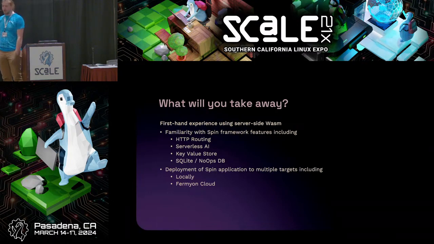Awesome. So I want to start by talking about what you guys are going to be walking away with today. And really the meat of it is some hands-on experience with WebAssembly. So we're going to be getting our hands dirty there and actually playing around with WebAssembly on the server side. And specifically, we'll be using the open source tool Spin, which you'll learn more about in a second. And we'll be learning things about how to route requests into your Spin application, all the features you can use in a Spin app like KV stores or generative AI models, those large language models. And then we're also going to be running these locally and deploying to Fermyon Cloud